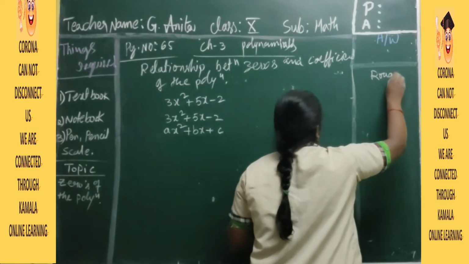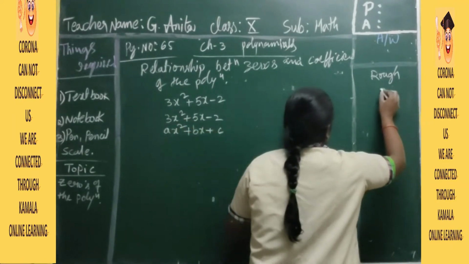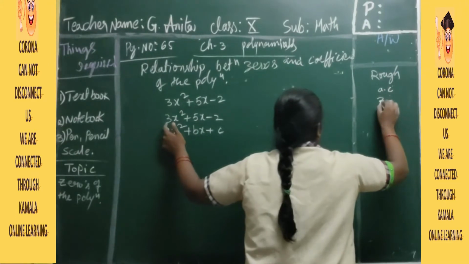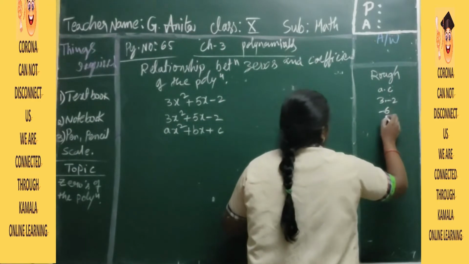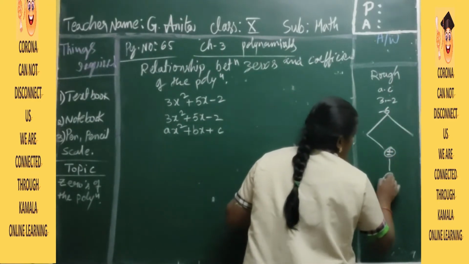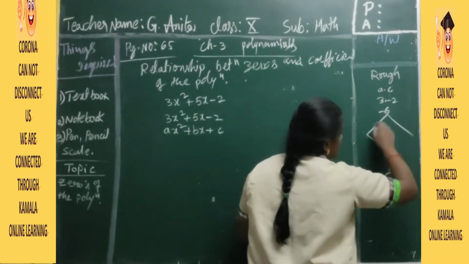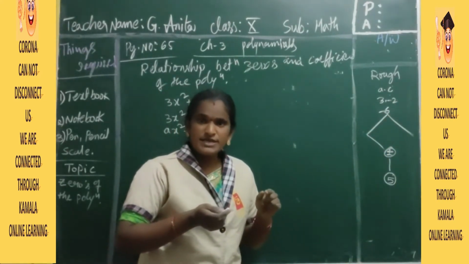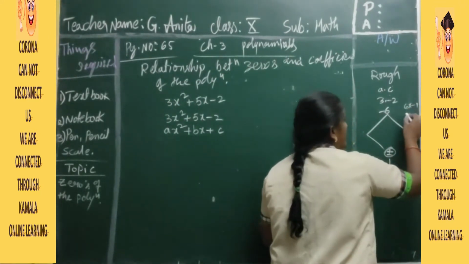This is rough. So ax square plus bx plus c. First you have to choose the a into c value. A is 3, and the c value is minus 2. So 3 into minus 2 is minus 6. This can be done by the kite method. What we want is b. So what are the factors of minus 6, children? Minus 6 can be written as 6 into minus 1,